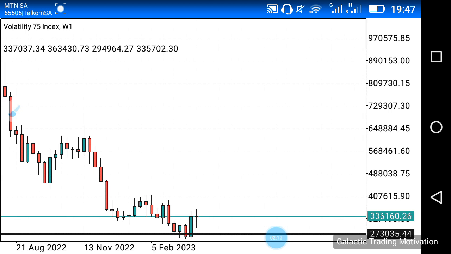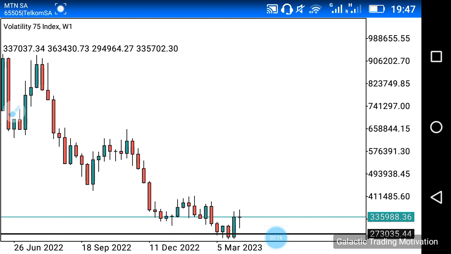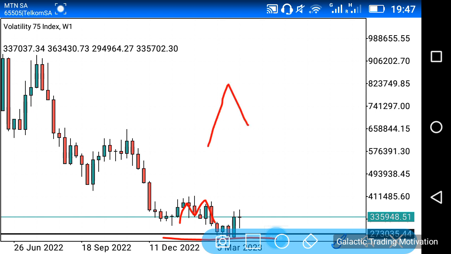What do we see on the weekly chart that we should be paying attention to? On the weekly chart, guys, as much as we have price at a very strong level of support, we can see that the market had given us a very nice M structure over here. It's actually an overextended M structure, where the first leg is much higher than that second leg, and it has a neckline more or less at that level.